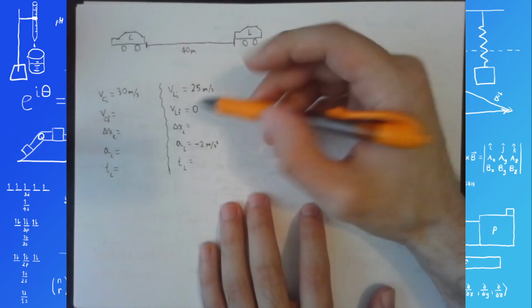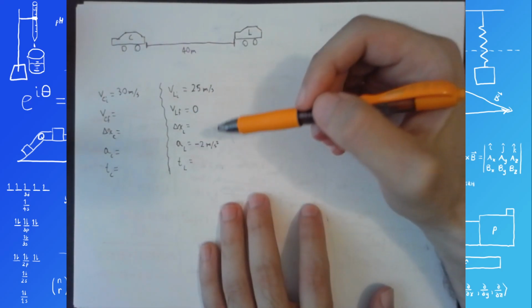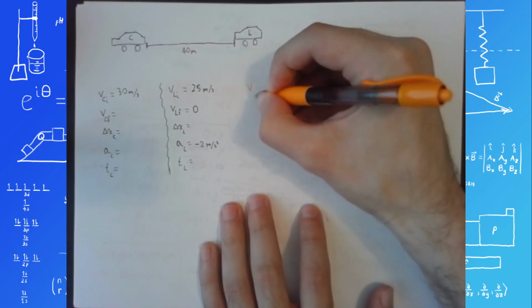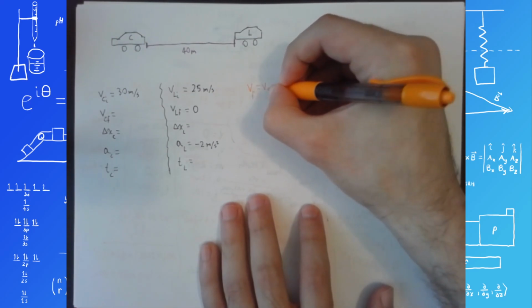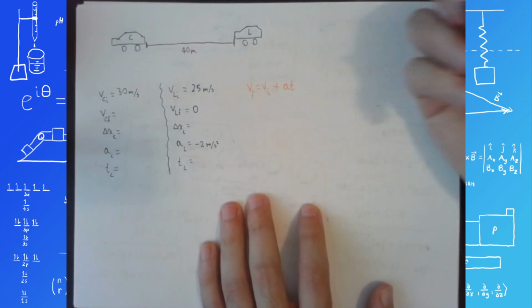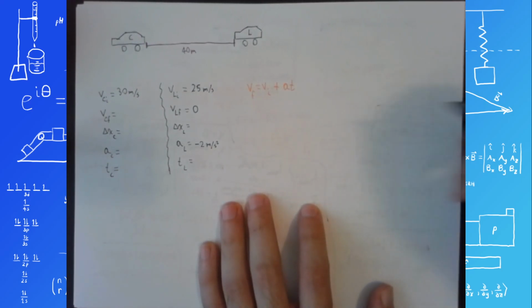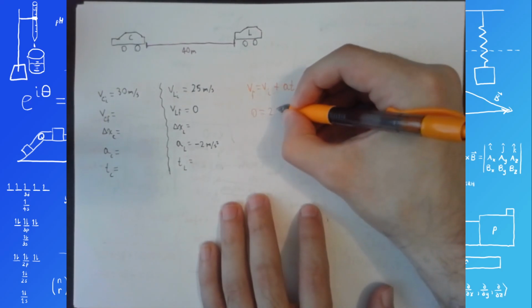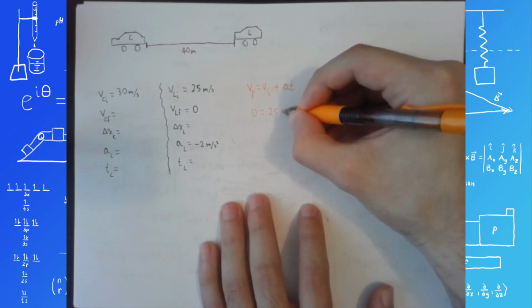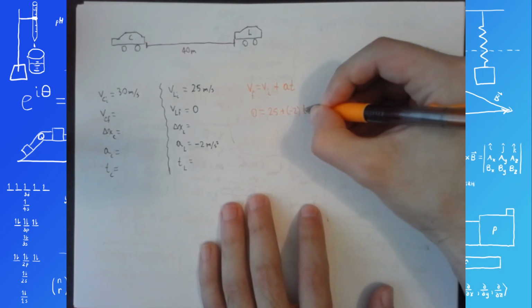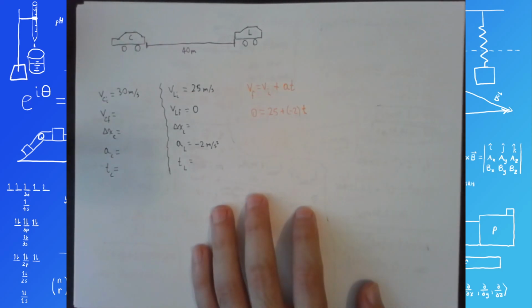So I'm going to do initial, final, and acceleration and time. The first equation would work best for this. V final equals V initial plus acceleration times time. So I'm going to do 0 equals 25 plus -2 times time, or you could have written minus 2t, which is something I will start doing eventually, but